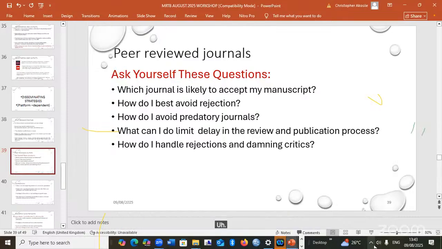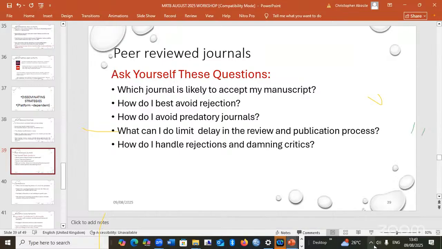For example, we have had experiences of a critic who did not say anything about the merit of the paper. The paper is good, but it should be sent to a local journal. That was his advice.